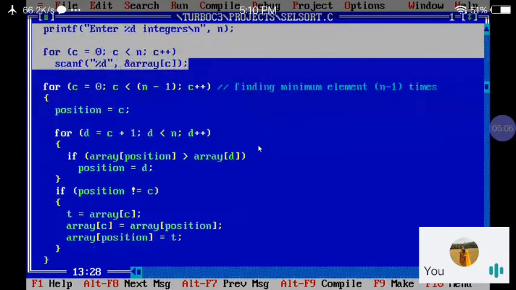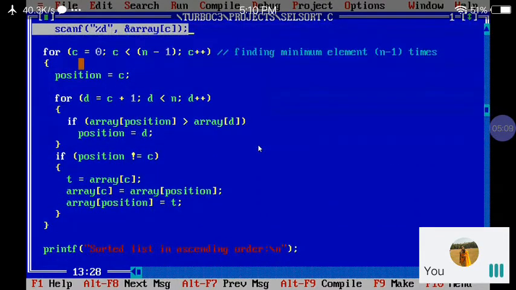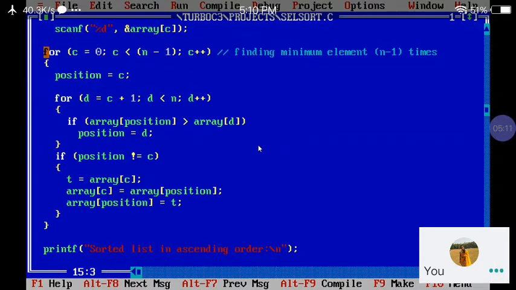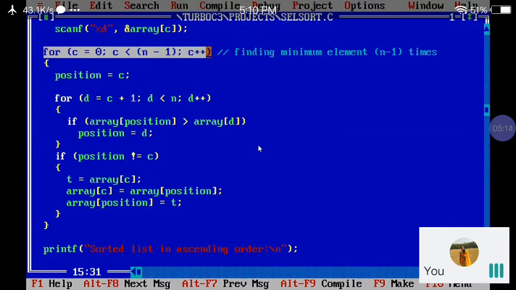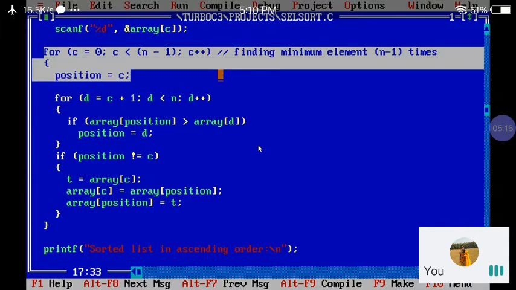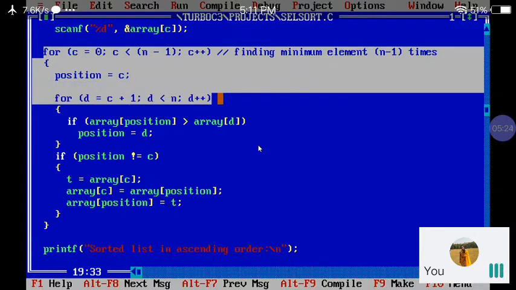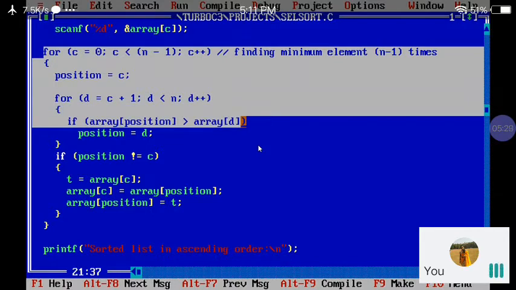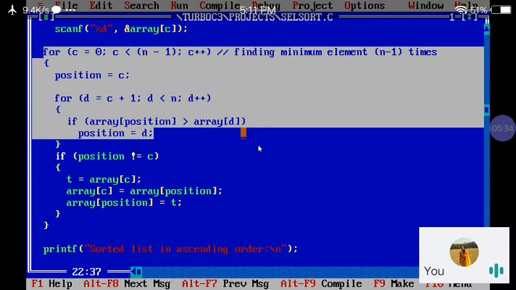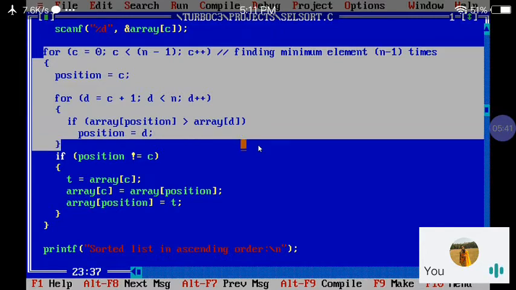Now this is the general logic which is going to apply for our selection sort. I use a for loop so that I apply this process to the complete procedure. I have taken the position variable in which I have stored my first element. Now I am going to take one more for loop for comparison, and I check the condition: array of position greater than array of d. If it is greater, then I change the variable position to d.